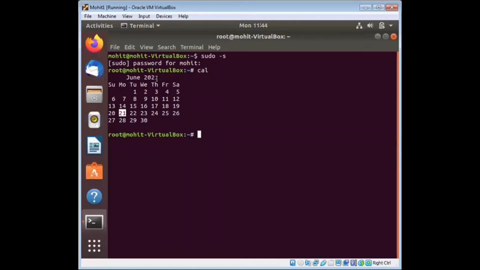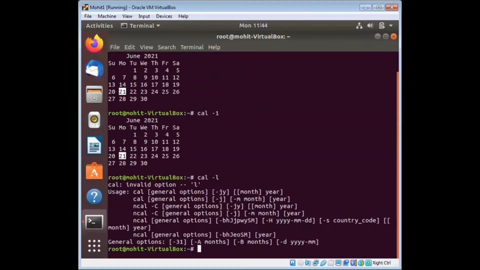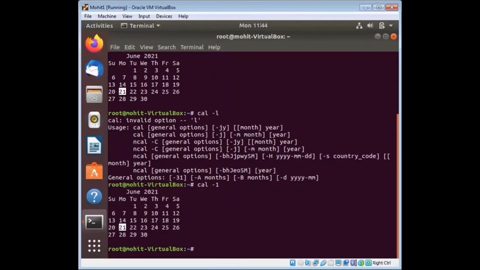So cal -1, you see it is the same. What is cal -1? Cal -1 displays single month output, meaning current month output. This is the default.